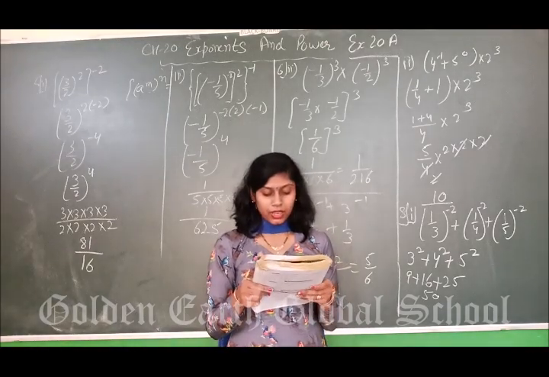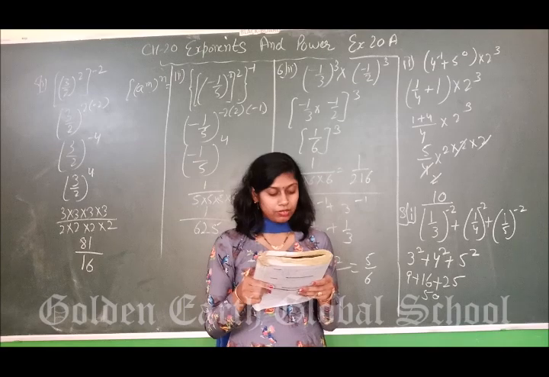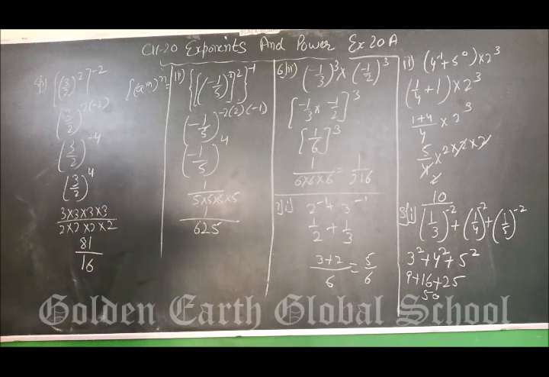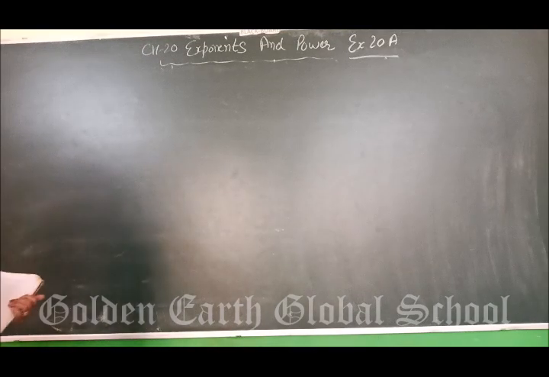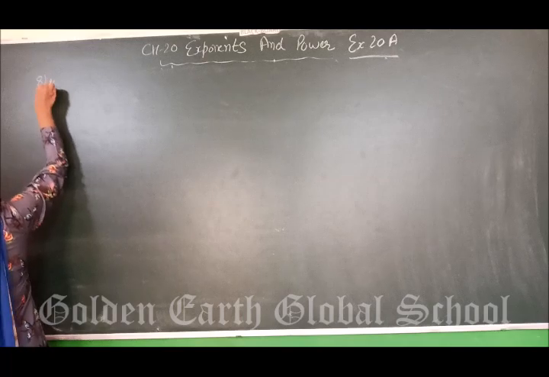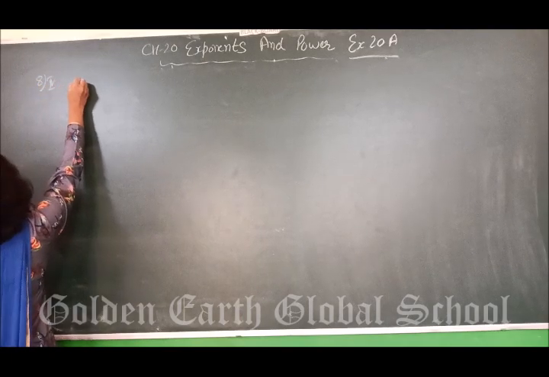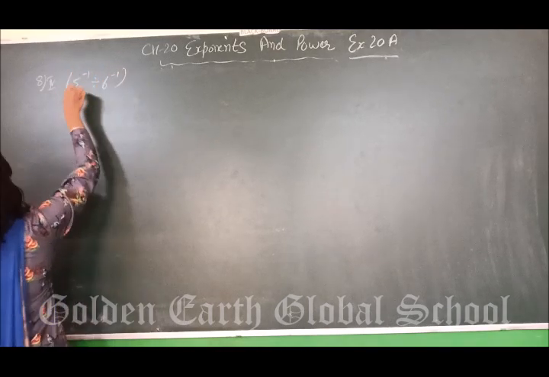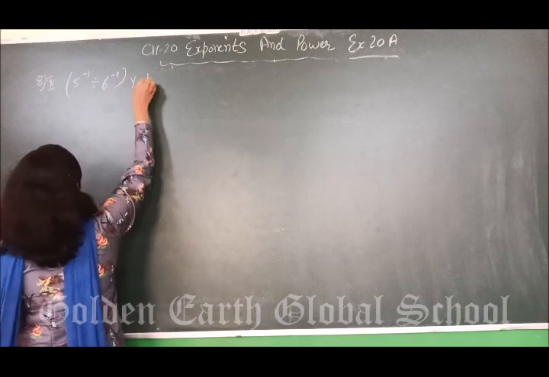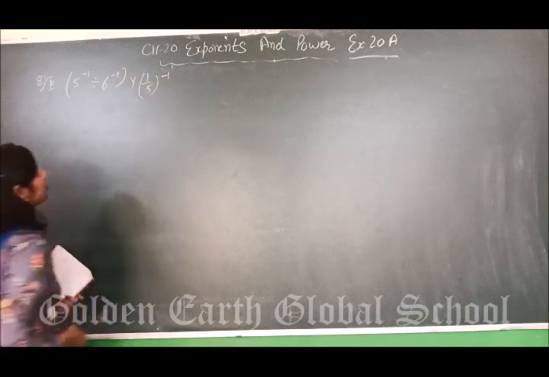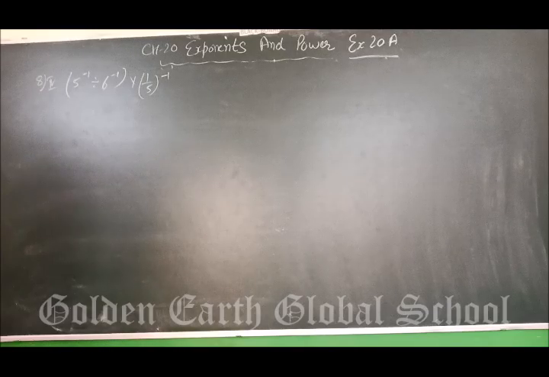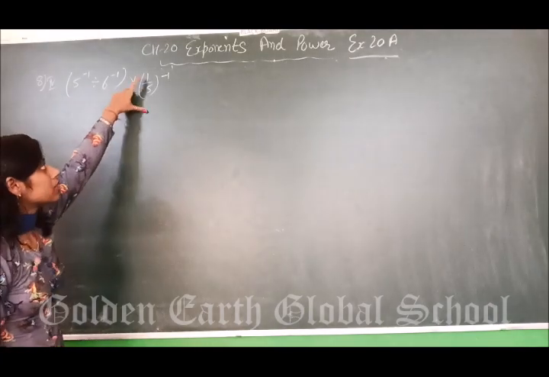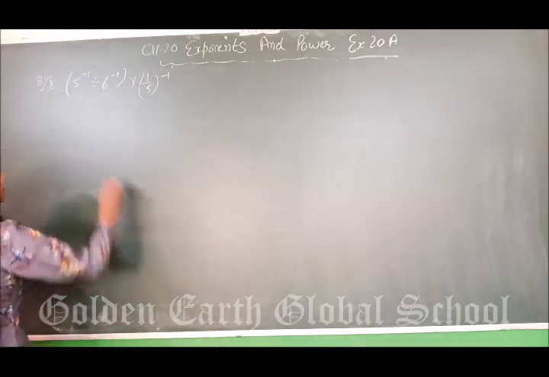Next, second part is again the same. We will solve fourth part. Note down the statement. Fourth part, 5 raised to power minus 1 divided by 6 raised to power minus 1, into 1 upon 5 raised to power minus 1. Firstly, terms will get reciprocal. 5 raised to power minus 1 can be written as 1 upon 5, 1 upon 6, and the reciprocal of 1 upon 5 is only 5.